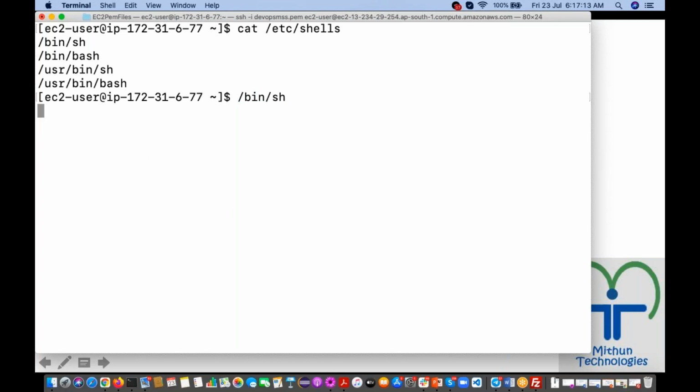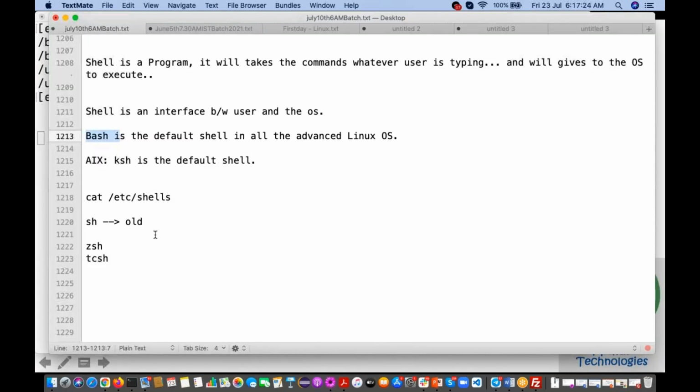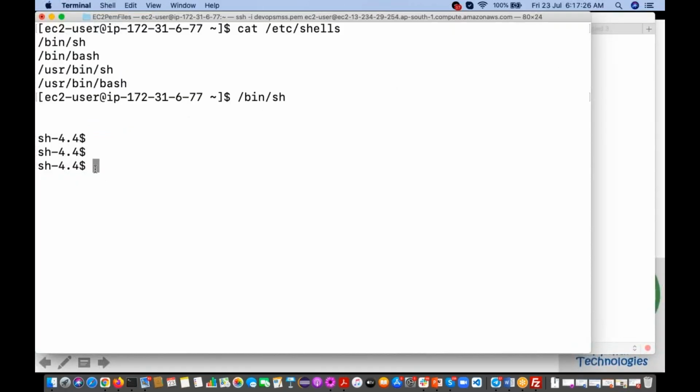Right, it's taking time, not sure why. Yes, Shashikant is asking how to check the current shell. Very simple. Right now we have switched to sh, right? So again, if you want to go back,